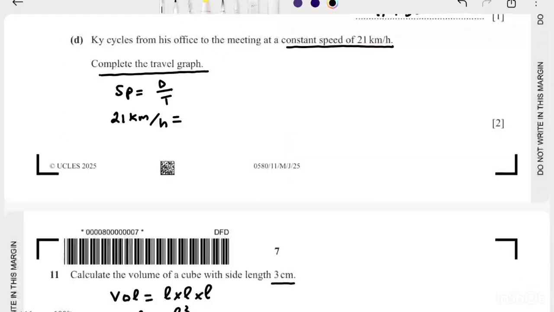So distance is 14 kilometer, and we have to find the time. So we cross multiply. Time would be equal to